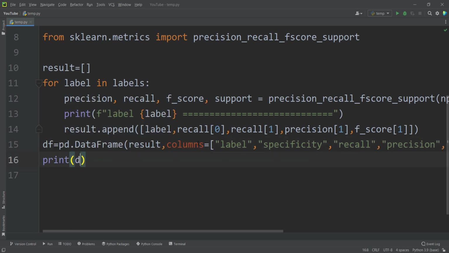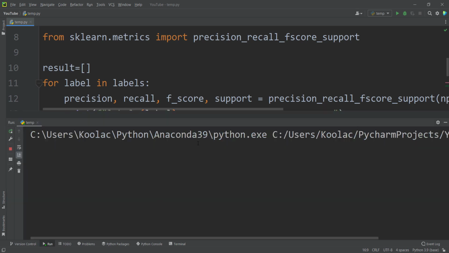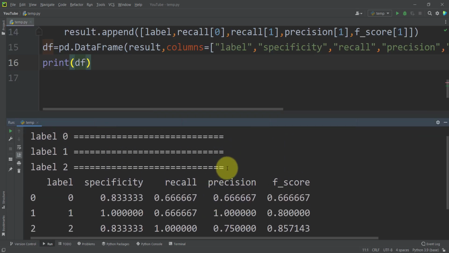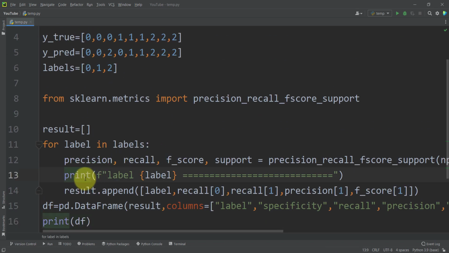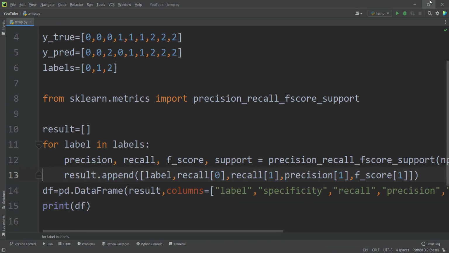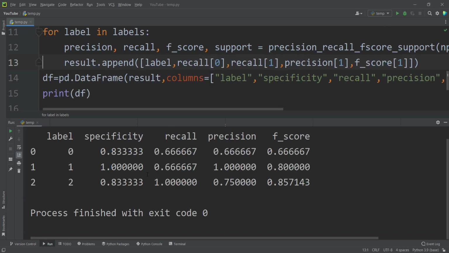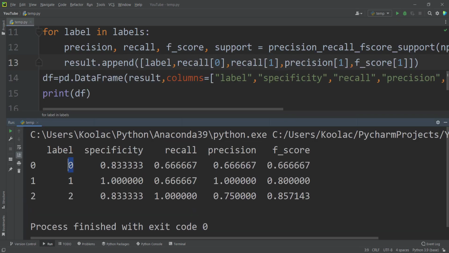Now if I print the df variable and run the code, you can see here is the result, and these are for this line, which let's delete. If I run the code again, you can see here is the result, which shows that for every label, we have a specificity, recall, precision, and fscore. But now let's